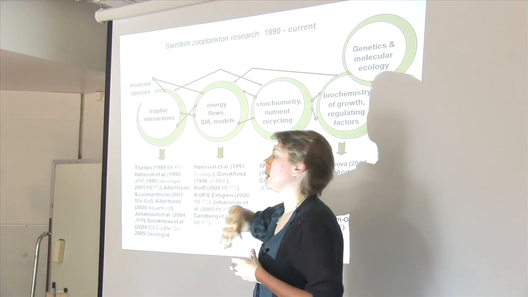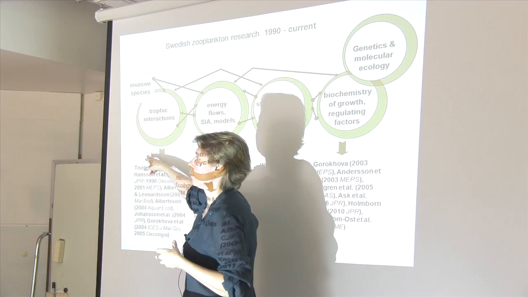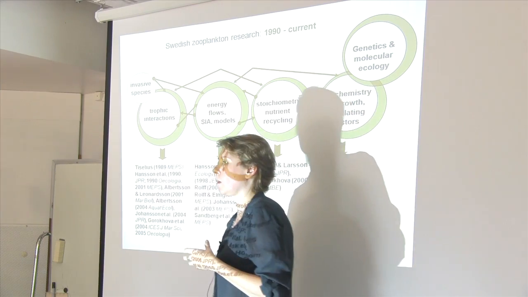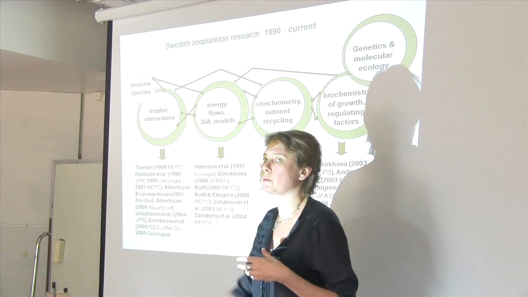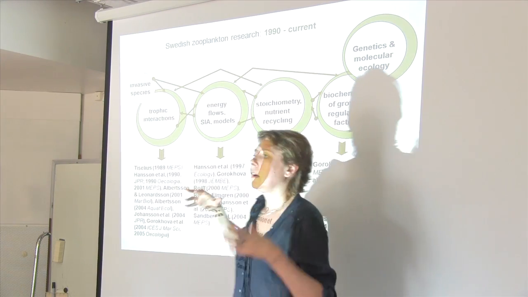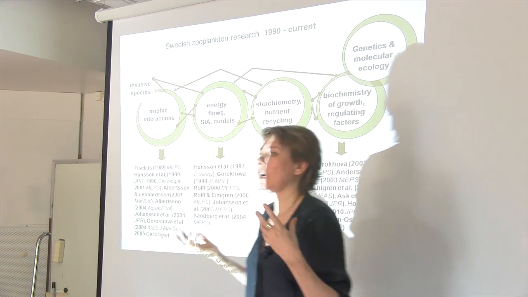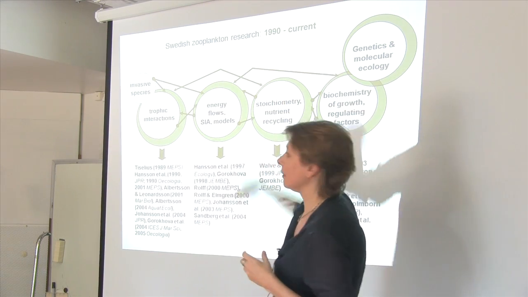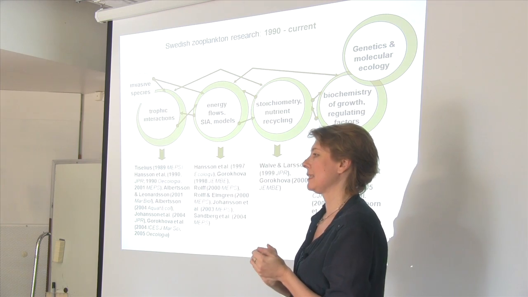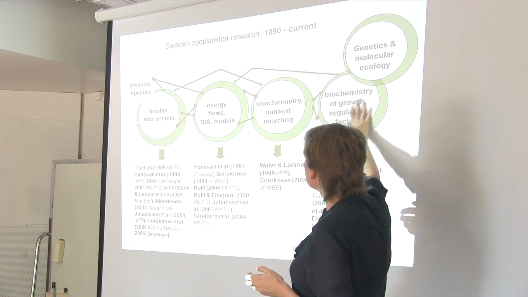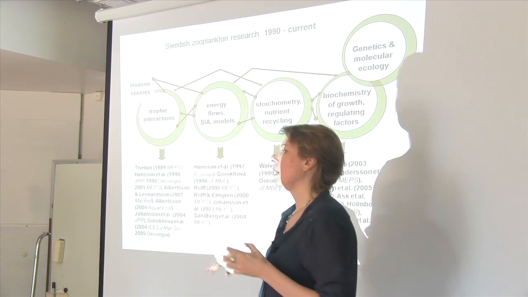Stoichiometry, nutrient recycling. So what comes out of this trophic interaction is the waste that zooplankton produces, how it supports the primary production, and so on. What are the nutrient requirements of different algae? So it gets more and more chemical in the late 90s, and I would say now. So biochemistry of growth, regulating factors of growth. So it's very